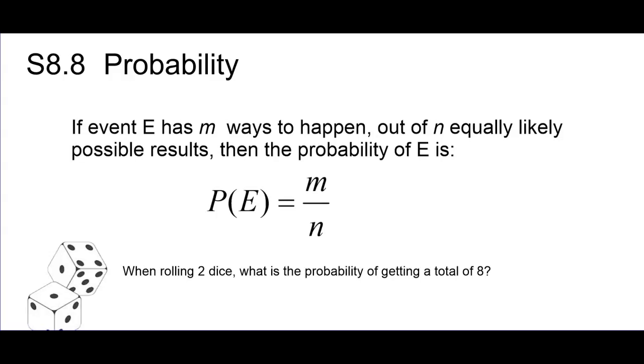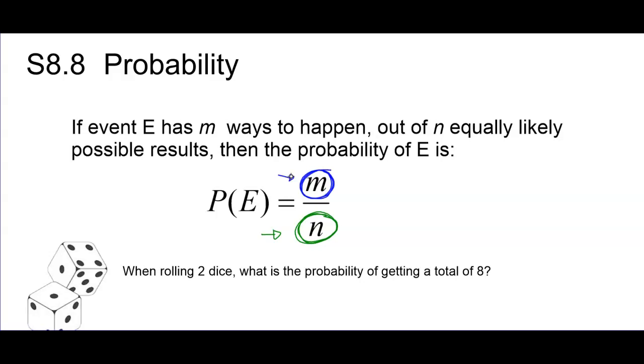Section S8 is about probability, and the basic idea is pretty straightforward. Most people pick it up very quickly. The idea is that when you're trying to figure out the probability of some event happening, you start by counting the total number of things that can happen in the situation that you're talking about, and that's your denominator. And separately, you figure out the number of different ways the event you care about could have happened, and that's